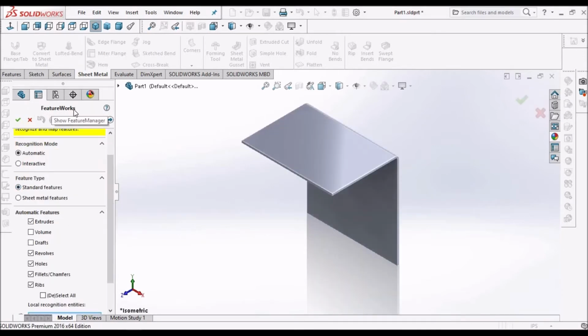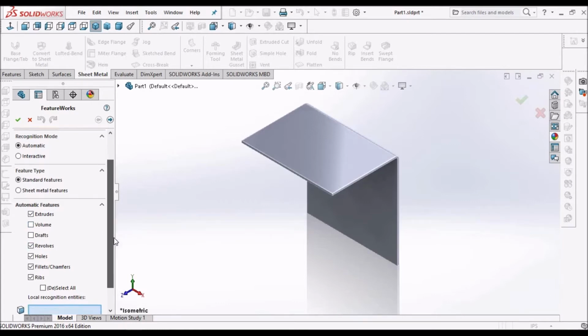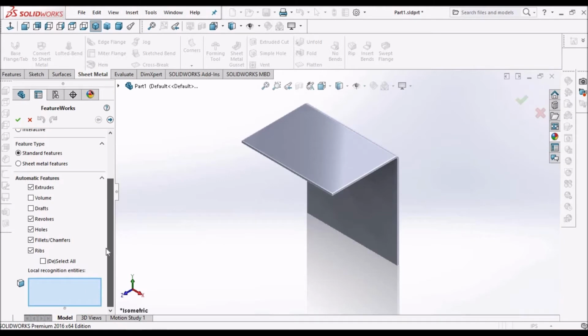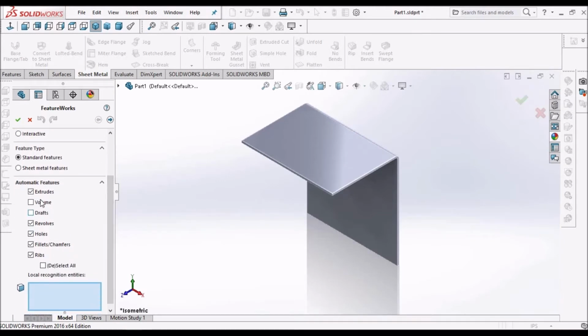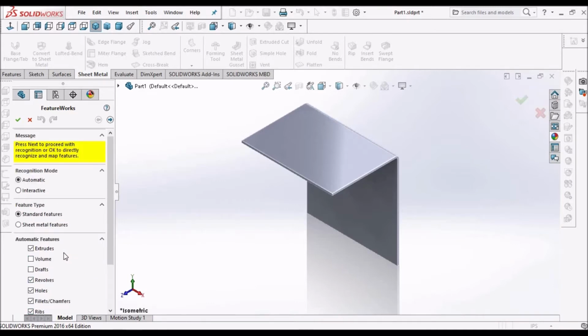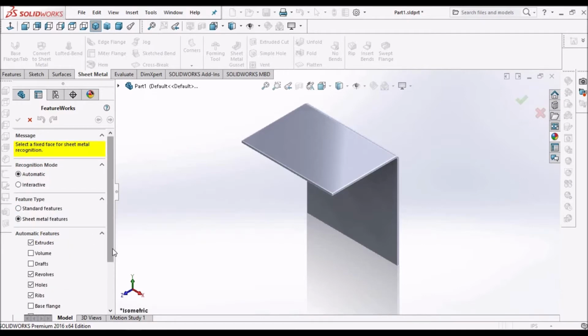As per the FeatureWorks option, you should be able to create all the features, but here it's not highlighting any sheet metal features. So we have to go to the sheet metal option.